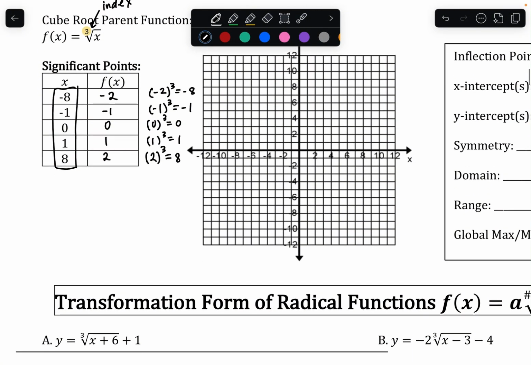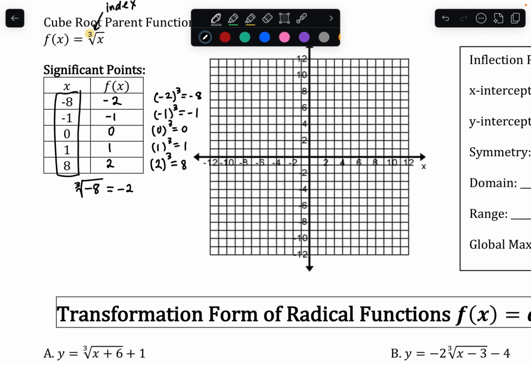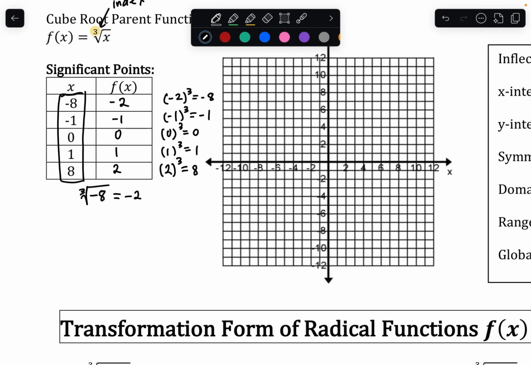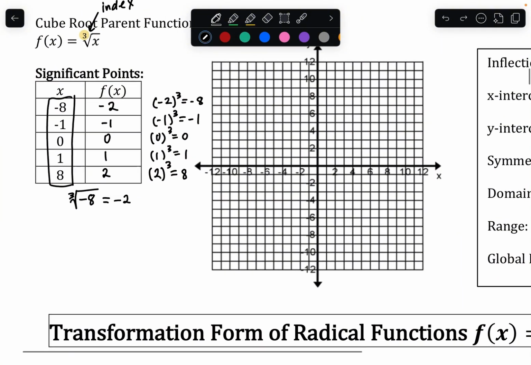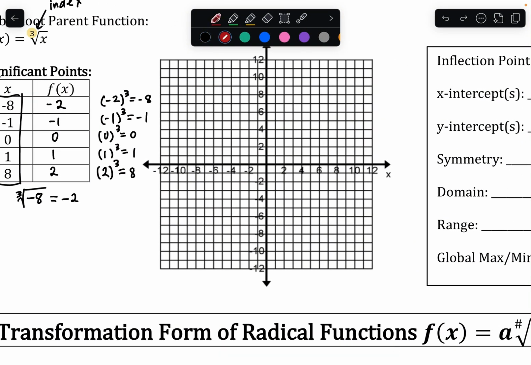So it's always kind of jarring to see that you can take the cube root of a negative number because we know we can't take the square root of a negative number and get a real value. But for cube root, you can. And so that's an important distinction between cube root and square root, is that we can have negative x values for our cube root. And so when we graph this function, we have the point (0, 0), (1, 1), and